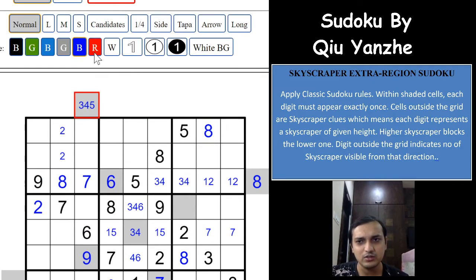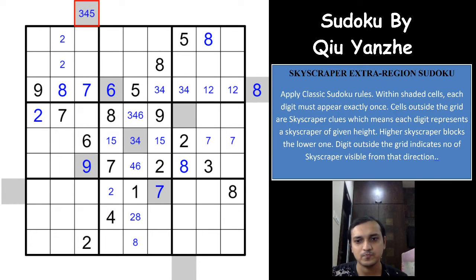Because now we know that 8 cannot be in any of these 2 cells, 8 cannot be here as well. So 8 is only in this cell for this column, and 8 is behind the 9 now, which is hidden. So there are only 4 cells at a maximum that you can see in this column. First cell, second cell, the third cell is 7 and the fourth cell is 9. All the other digits are hidden. So which means the 5 is not possible here. Excellent, excellent. So we got a 3, 4 pair, guys.